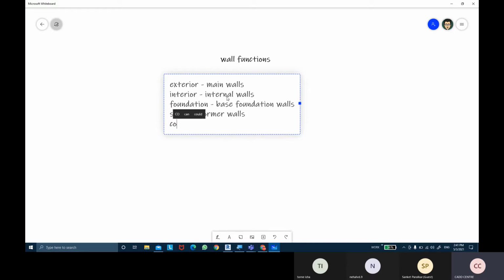Then you have the core shaft, shear walls. Last is the retaining wall. That's when you're creating your basement wall.